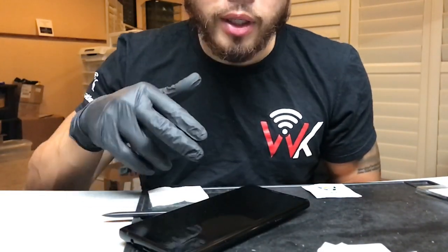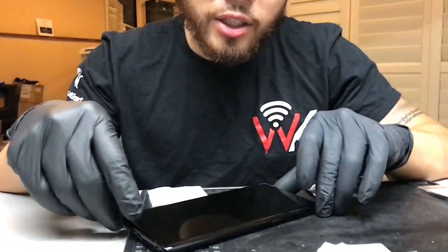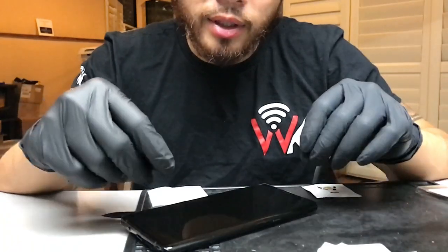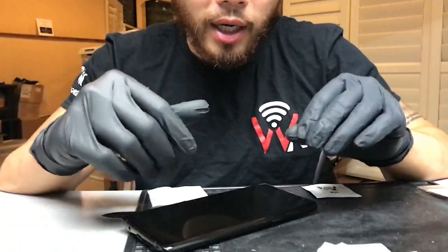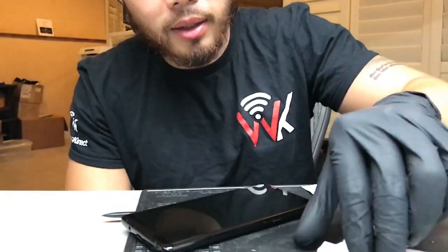And so right now, what I'm allowing it to do is it's just getting very hazy, and that's just it allowing itself to kind of cure into those pores. And then once I do that, I'm